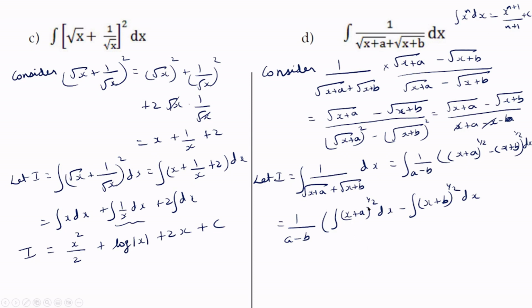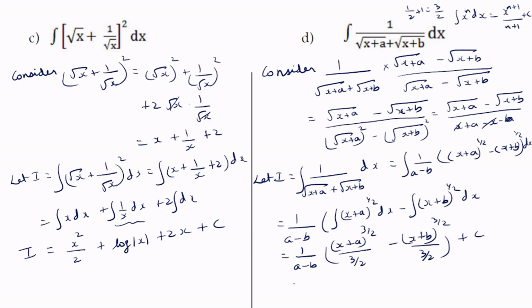Here n is half. So this is 1 by a minus b into x plus a the whole raised to half plus 1. Half plus 1, it is 1 plus 2 by 2, which is 3 by 2. So it is x plus a the whole raised to 3 by 2 by 3 by 2 minus x plus b the whole raised to 3 by 2 by 3 by 2